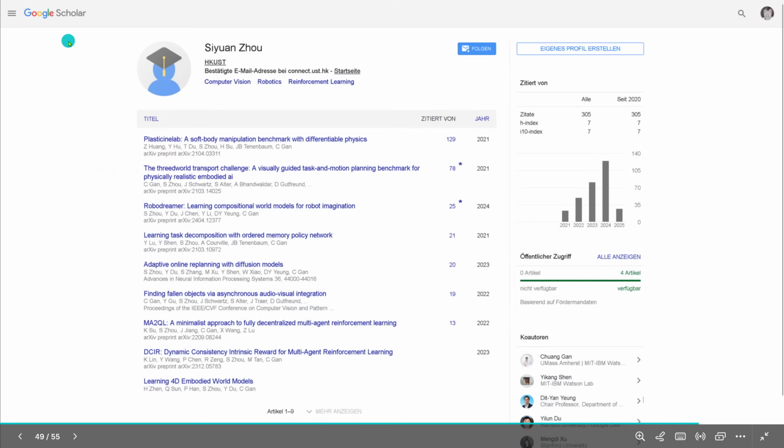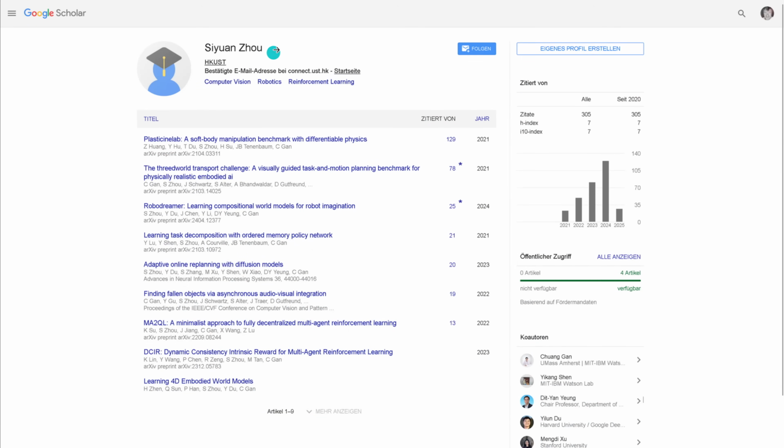Or you simply go to Google Scholar and look at the co-authors. I'm sorted here by year, 2024, 2023, 2023, so I understand what the persons are working on, what they are doing, and you see the co-authors and their professional affiliation. If you click on them, you see their publications and everything.